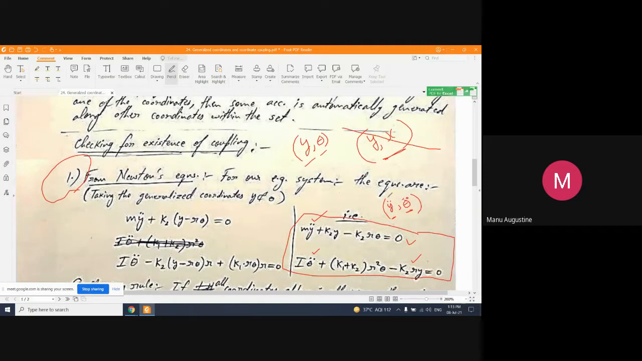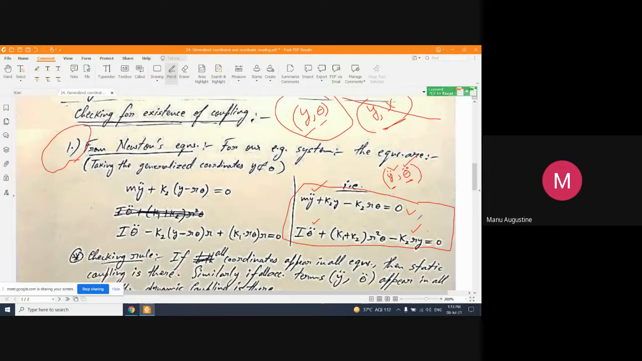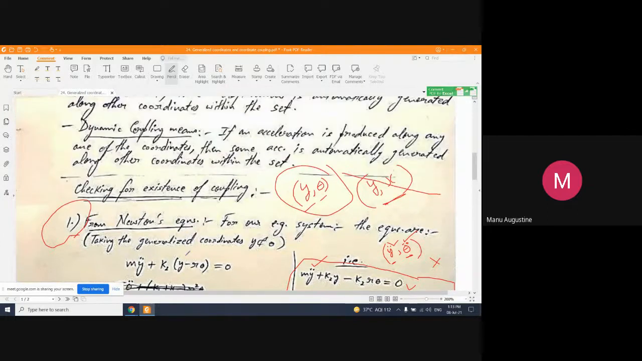And then you check for the acceleration terms of your displacement variables, whether they appear in both the equations or not, but that is false. So there is no dynamic coupling. So you say that y and theta are independent coordinates. They are my generalized coordinates. Degrees of freedom is 2. And y and theta are statically coupled, but they are dynamically not coupled, or uncoupled. Got it? So this could be the end of story for our discussion, but